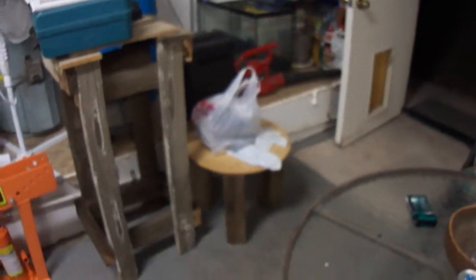So I also built this little table out of a little table. I was going to use that as an engine stand, but I think that I'm going to go to Harbor Freight probably this weekend and pick up an engine stand. I can hook the engine up to it, take the pin out, rotate the engine 360 degrees so I can work on the bottom, sides, top, whatever. It'll keep it there. I'll probably fabricate another little stand and run the wiring, hold a gas tank, and after I'm done cleaning up the engine, putting it all together and everything, test fire it, make sure that it works,